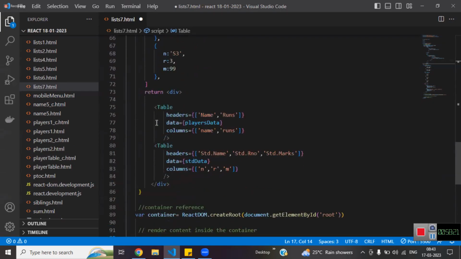Okay. How many times have you used it? Multiple times. Like that, how many places you want to use it is not a matter. You can reuse it. But